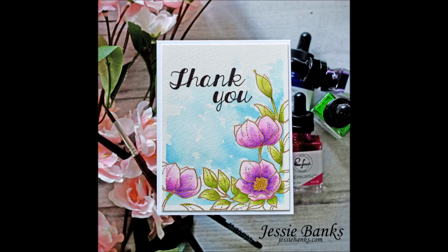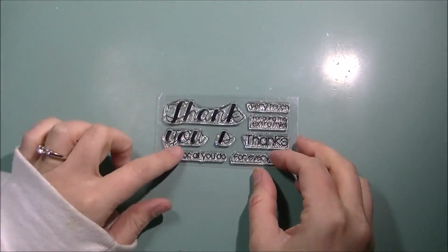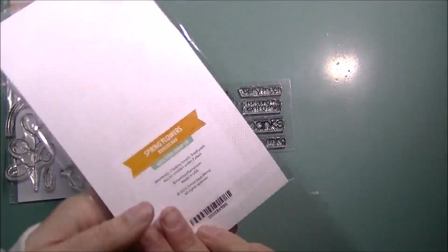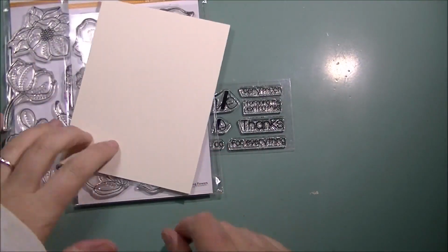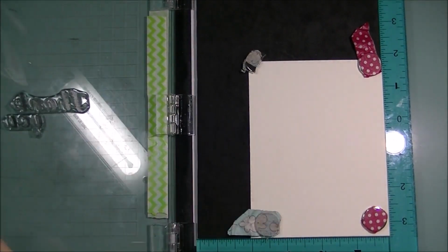So for today I have for you a fun one. I'm using a sentiment stamp here from CC Designs. This one is their thank you stamp set. I'm also pulling out the spring flowers and more spring flowers from Simon Says Stamp, and we're going to be painting everything up on some Arches 140 pound cold press watercolor paper with my